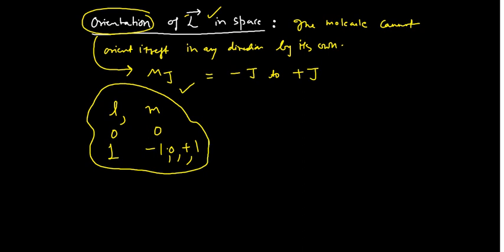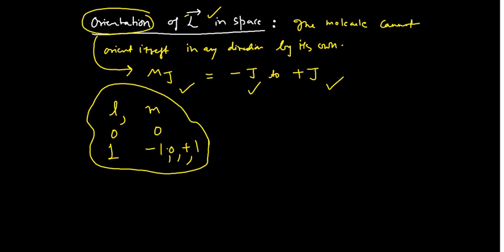So what I am trying to say here is that this angular momentum vector will not orient itself in any random direction, and the direction of orientation of the angular momentum vector would be decided by the quantum number mj, and mj can have only certain fixed values, going from the minus j value to the plus j value. This is something very important, and this can also be proved mathematically, but I am not going to discuss those things here because they are not very important for CSIR NET, GATE or other competitive examinations.